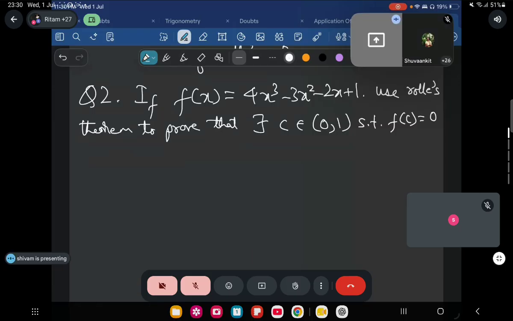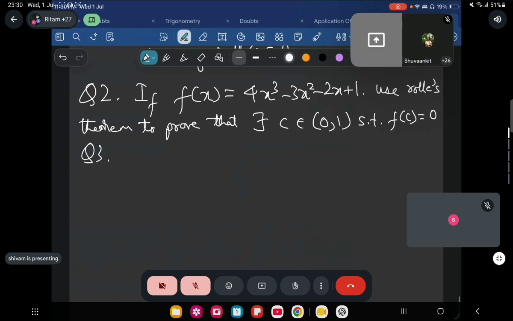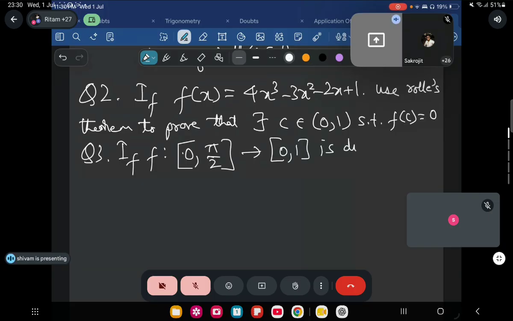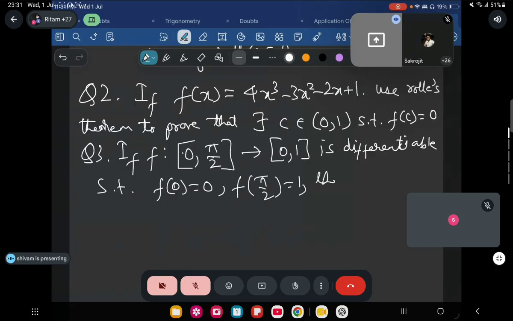Next, question number 3. If f maps [0, pi by 2] to [0, 1] and is differentiable such that f of 0 is equal to 0 and f of pi by 2 is equal to 1, then